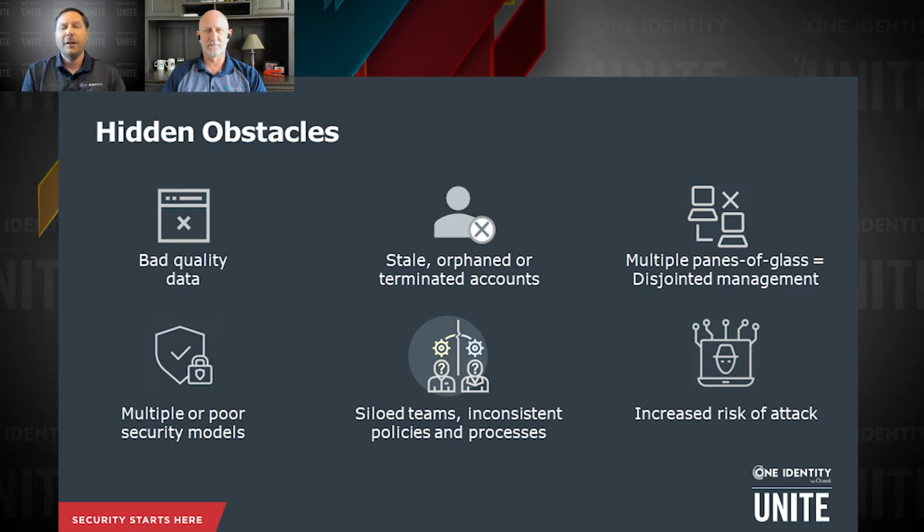The next thing to think about is disjointed management. One of the things that we know is that as we move towards a hybrid cloud, and in our example here, we're going to talk about Azure AD and Office 365, we now have 3 places to deal with things. We have our on-prem AD, or done through Active Directory users and computers. We have Azure AD, and we have Office 365. 3 different systems, 3 different places to do it, and more importantly, 3 different security models.